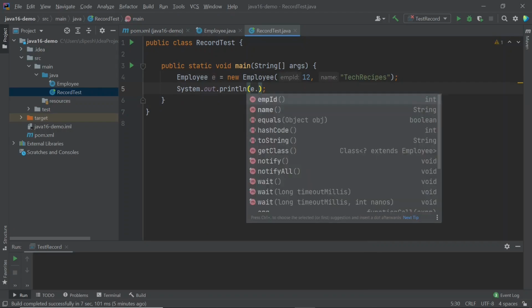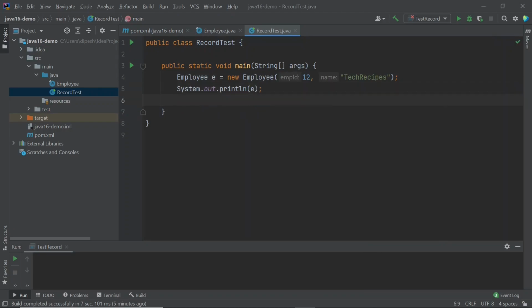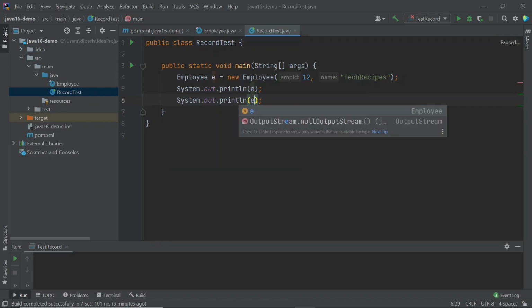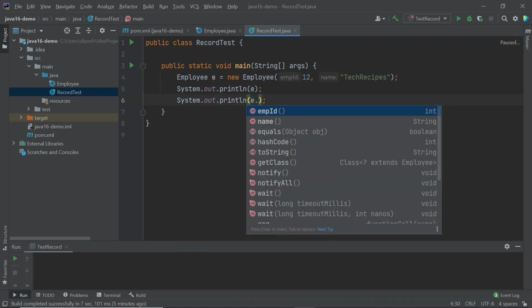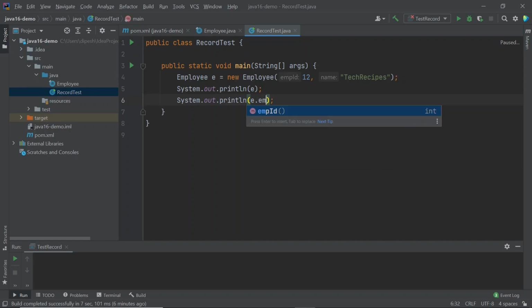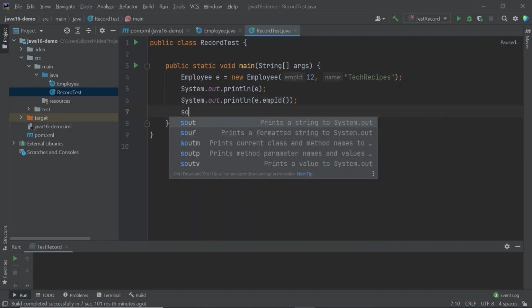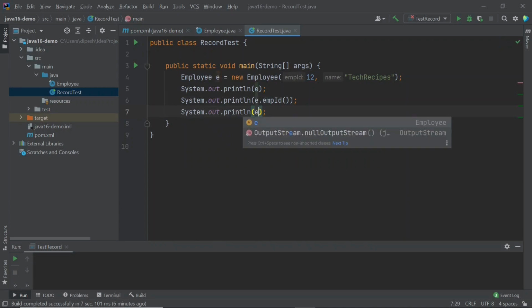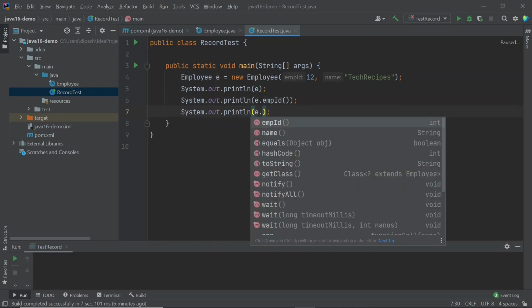We can simply print e and see what output we get, and we can also try the accessor methods which are generated. If I click here, you can see there are two accessor methods with the field name. There is no get prefix, because there is no set, so there is no need to have a get for it. We simply use the field name like employeeID, and similarly for name.